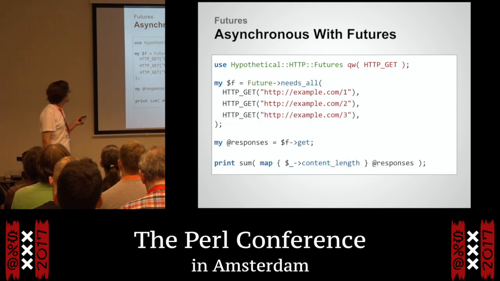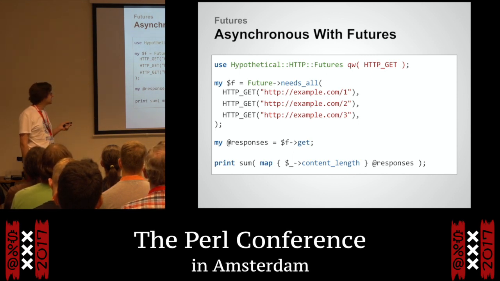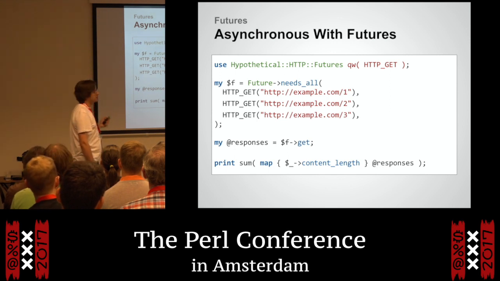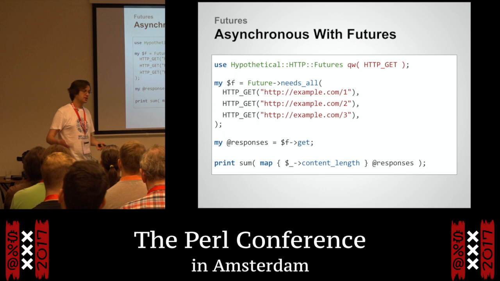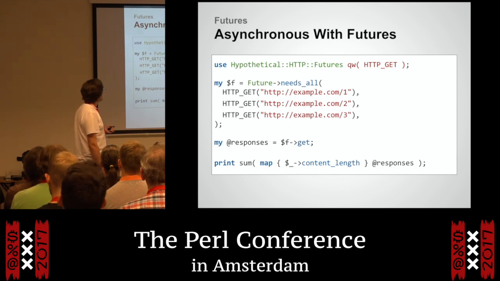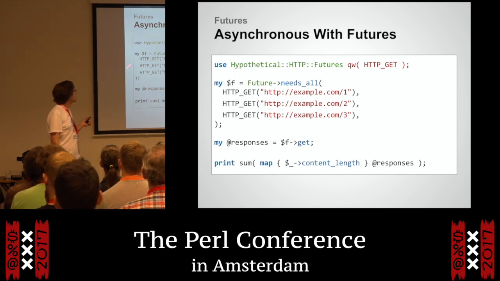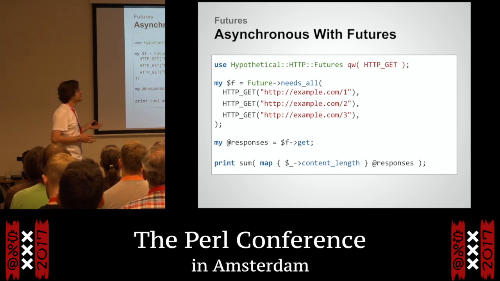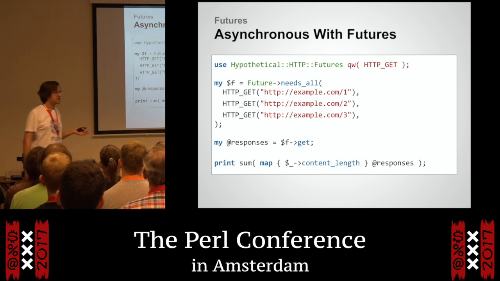Well, we have this way of combining futures. Because each of these 3 functions is returning a future immediately and just says, here's a future that at some point in the future will complete. So we can combine all of these futures with this fancy needs-all constructor. And that returns a new future, because this just represents an operation that is ongoing and going to complete sometime. And now we can wait for that. And exactly how that works inside is immaterial for the point at the moment. But in some way, it's going to wait for all of those 3 to happen.